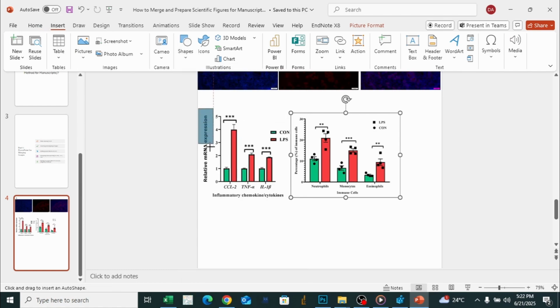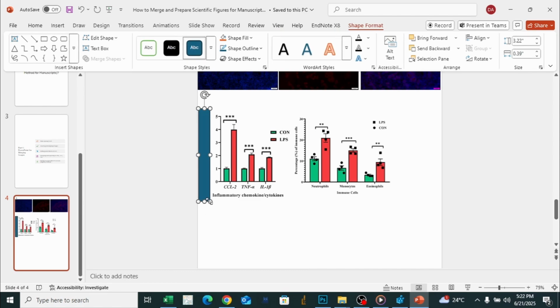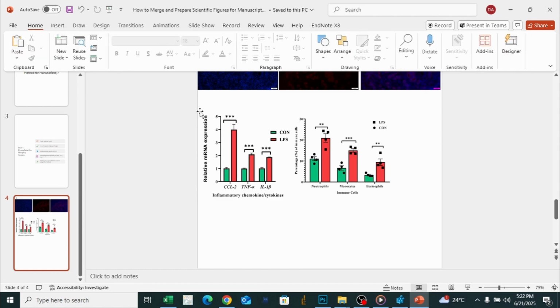I just want to tell you how we can do this and rewrite these names, but it's better when we are exporting images. These figures I made using GraphPad, but at the time of exporting I didn't look at the size, font size and type. So suppose I merge these figures, and I also give a name as